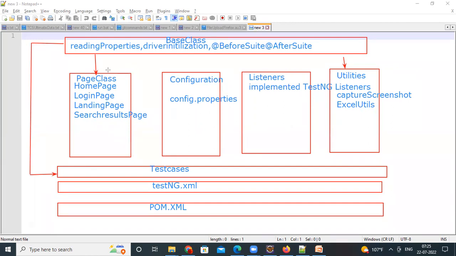So extend means inheritance concept, right? We are using that. So that means this base class you will use here also, so that you don't need to write the driver initialization again and again here. One time only you will write it there. So this is how the entire